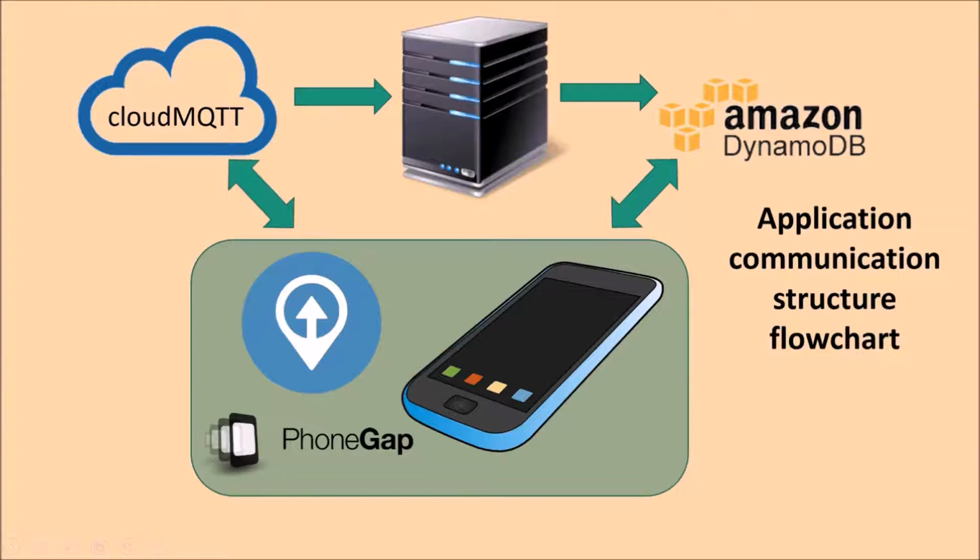Let's now look at the application communication structure. Let's start with the mobile device used. The mobile device needs to have two applications pre-installed: the OwnTracks application, which is supported on both Android and iOS, as well as our Phonegap application for data visualization. OwnTracks talks with Cloud MQTT, which is a private MQTT broker, using the MQTT protocol, and logs